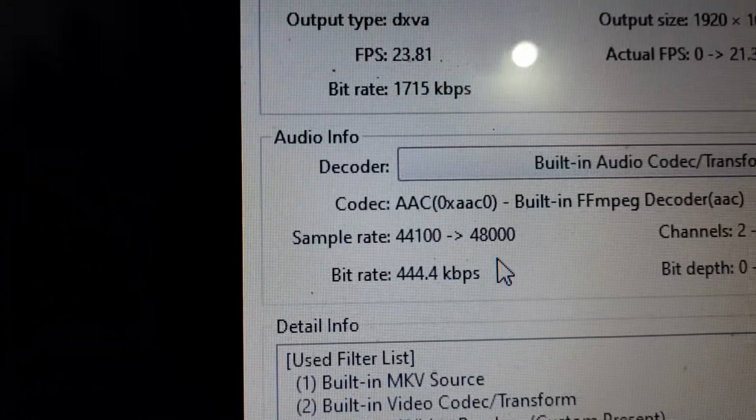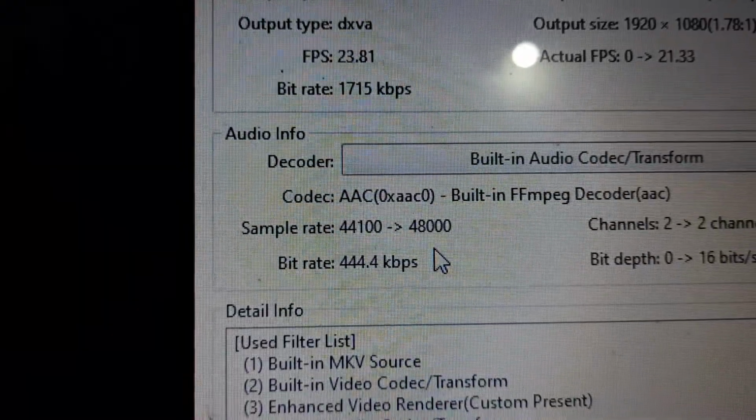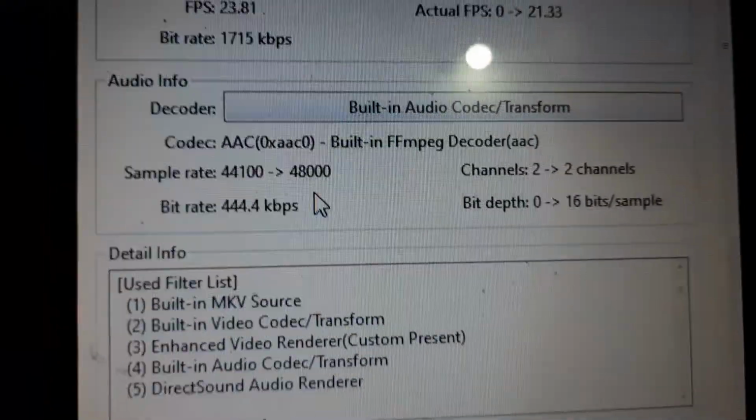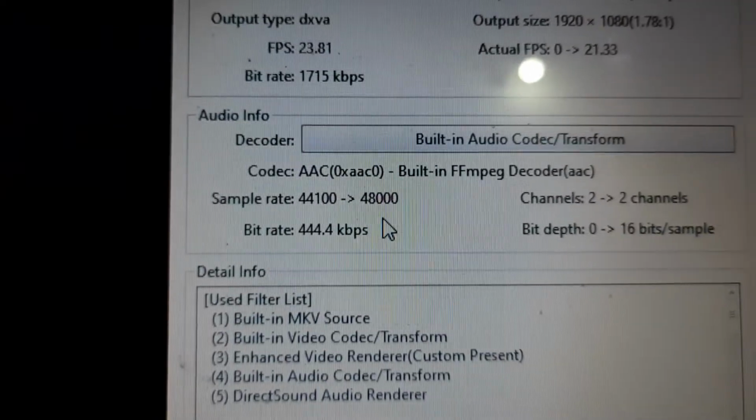This video is basically AAC, which is another format. It has only 2 channels. This 2 channel is not Dolby Digital, and it will play as Dolby Digital through the Pot Player and be sent to the Sony soundbar.